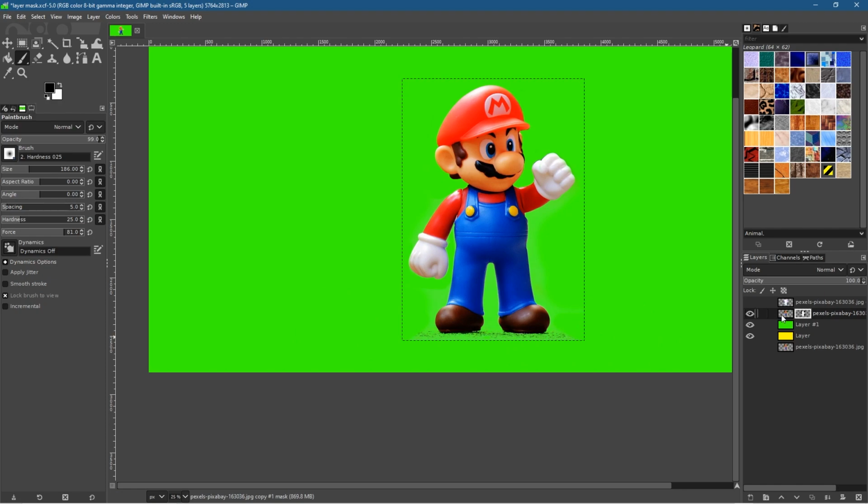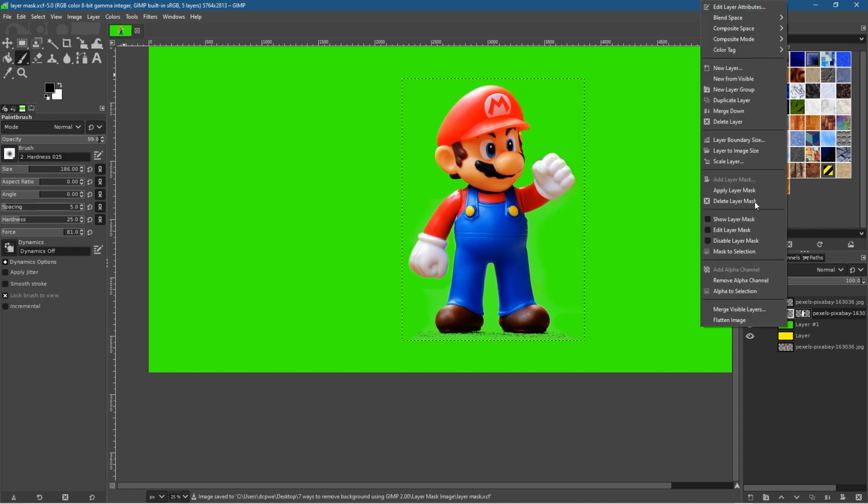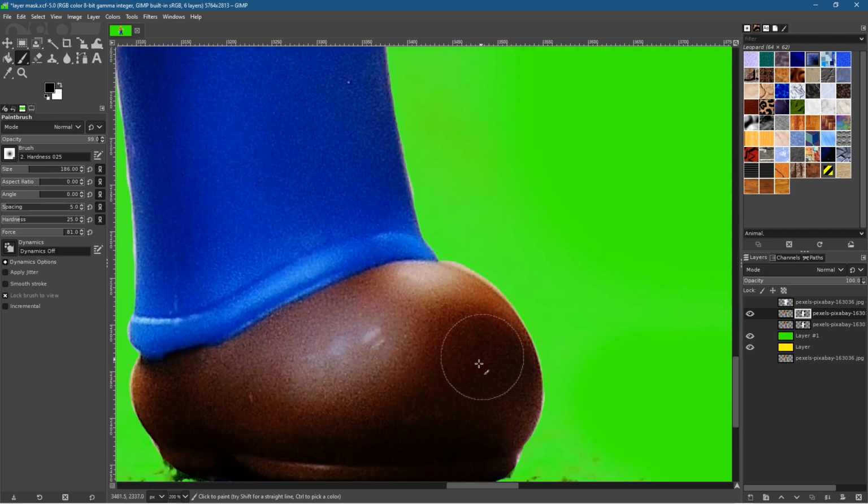Kind of like the ground there, but I'm going to remove it, show you how to do that. So we want to keep one with the ground. Let's just save this, and then we can click on this layer, right click, duplicate it. Now we've got two versions of that. We can hide this version and click on the top one, click on the layer mask. Then we can zoom into this foot,